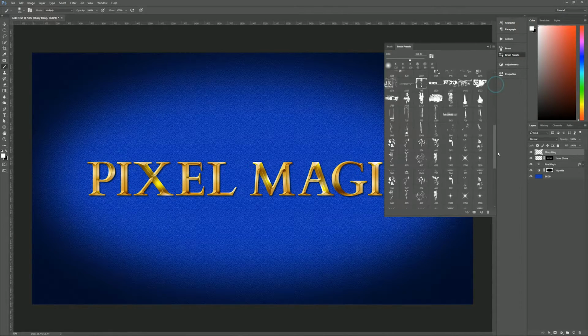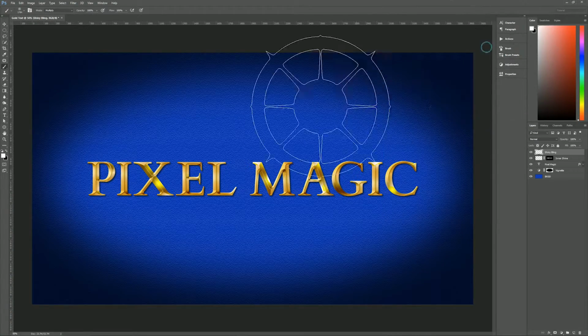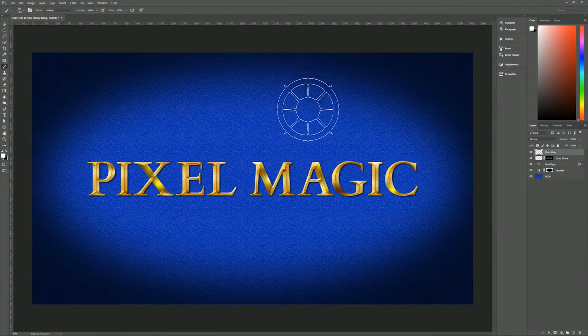Now, I am going to use the ones that I created right here. So let's start with this guy. And we're going to make it small. You want it to be around between 75 and 150-ish. I'll start with 100. And then find a place where you think a glint or glow should be, like let's say right here on the eye, and bang. I've got a little bit of a glint on my eye, and I'll put one down here in the P,